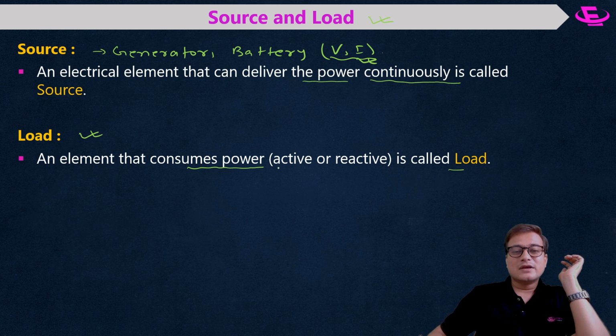Now in power I am mentioning two powers. One is active power, another one is reactive power. What is the meaning of active and reactive power? Active power is the real form of power, the true form of power. If you talk about a resistor, it is consuming active power, that is I square R. Clear? Now what about reactive power? It is an imaginary power.